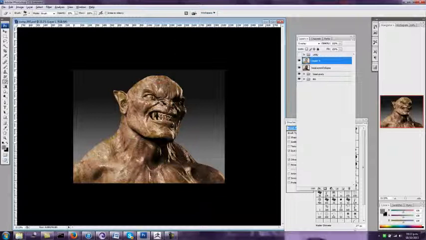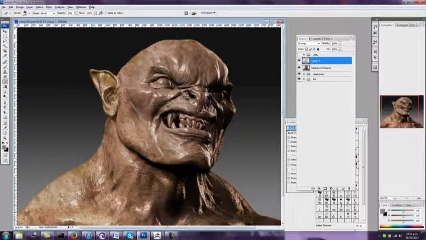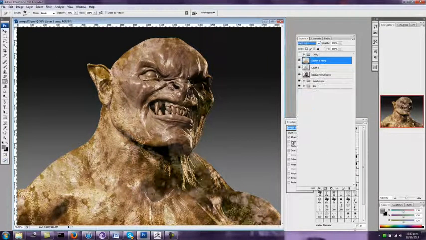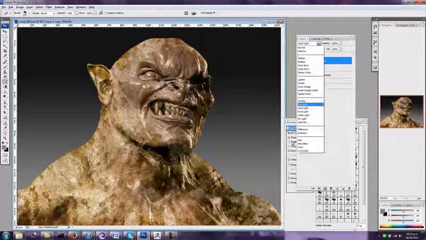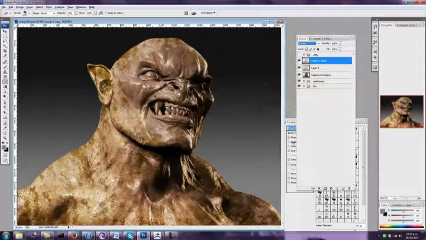I'm using the eraser brush to erase out bits of that texture. I don't want it to be a completely uniform coverage. I want it to be more broken up and sort of random. And we're basically going to be stacking these types of overlays. The best way I can describe this is experiment with stacking them and changing your blending modes between hard light, soft light, and overlay, as you see me doing here, because each one of those will give you a slightly